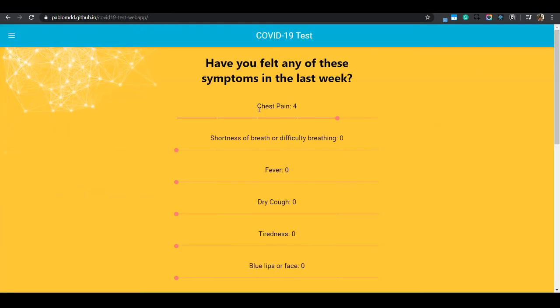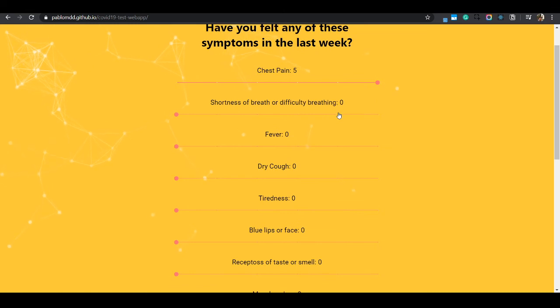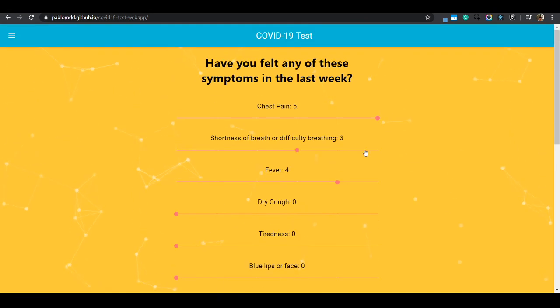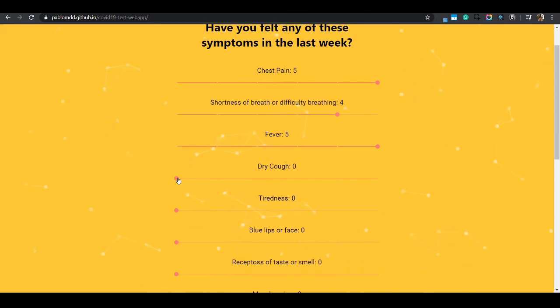So here the user has to list their symptoms to see the severity. They can pick a value from 0 to 5, and you can see here we have a little bug. This is the actual value that is computed, and this slider can sometimes give bad feedback to the state of the application, so we have to be careful with it. It's a bug that we are still fixing. Okay, so let's say this patient has chest pain of 5, trouble breathing of 4, fever 5,